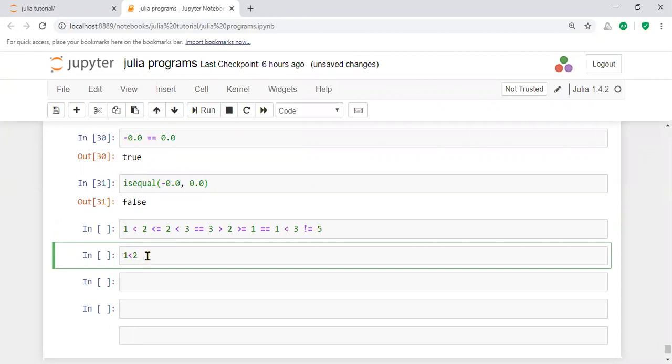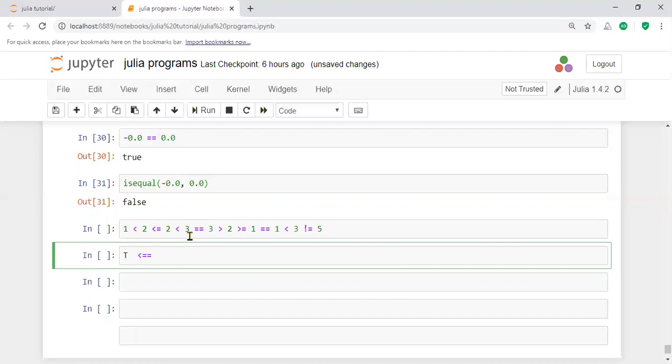It gives true. Then less than or equal to is also true. Then 2 less than, this value is true. Let us take a simple example, and then less than or equal to, less than or equal to, this value produces true.